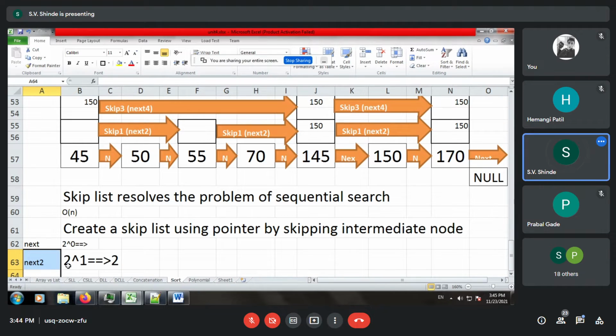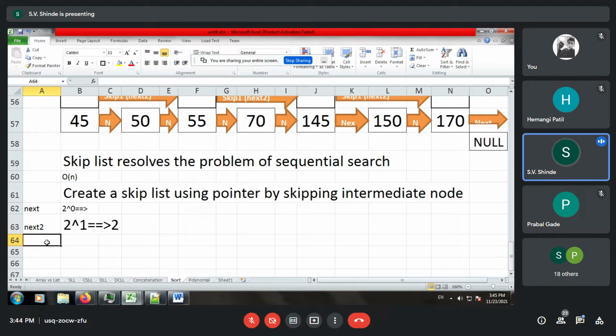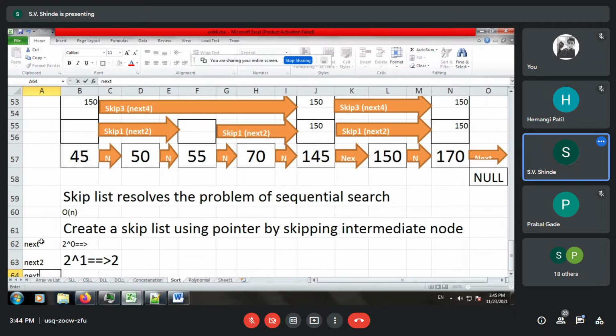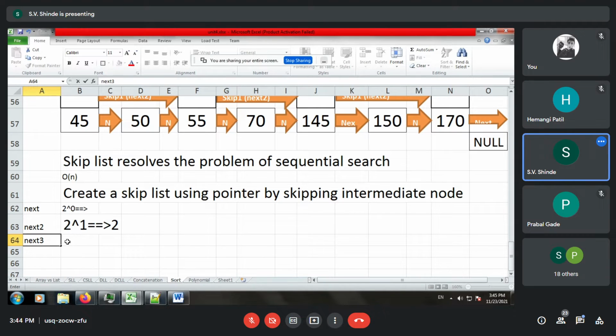Next pointers, you can select next 3. It is nothing but 2 raised to 2, and it will be selecting the fourth node. Similarly, we can have next 4 and so on until there is a direct link.